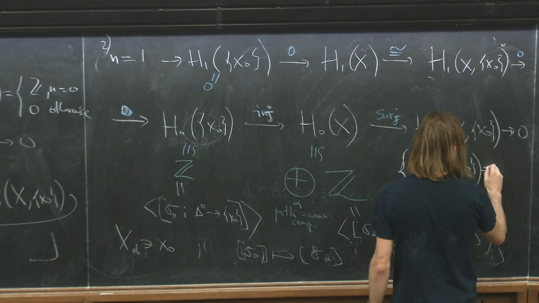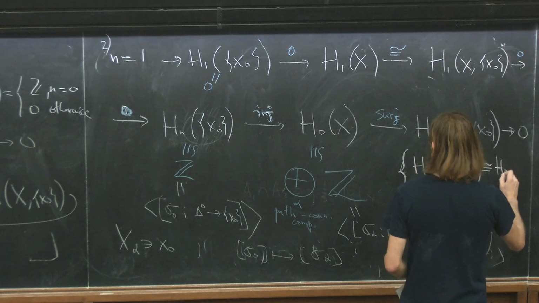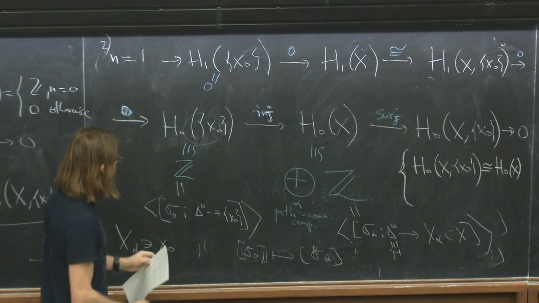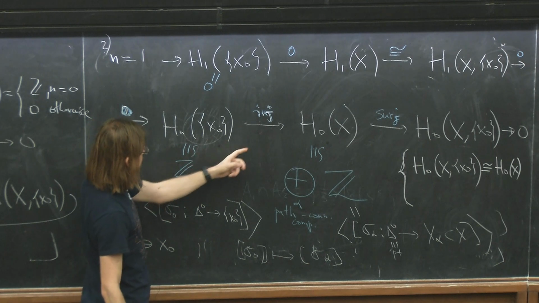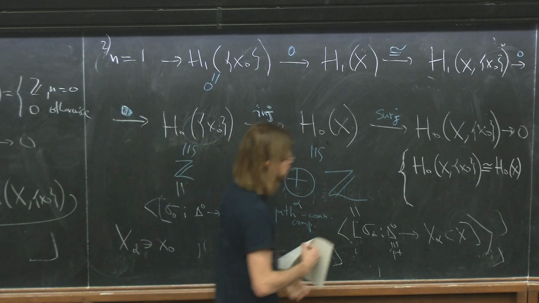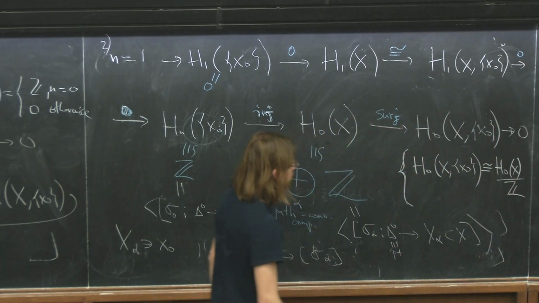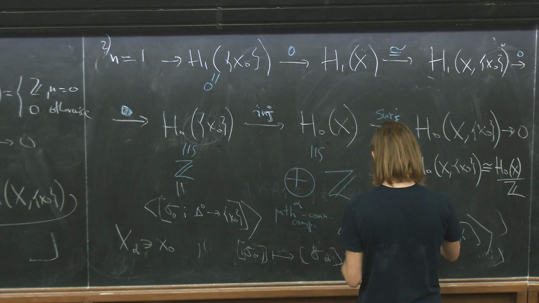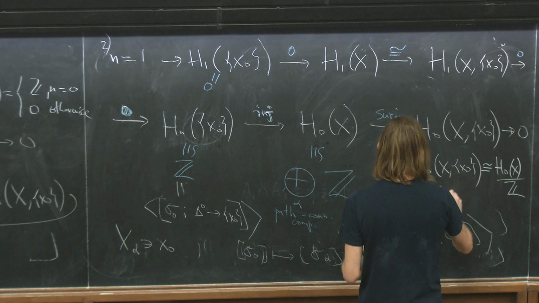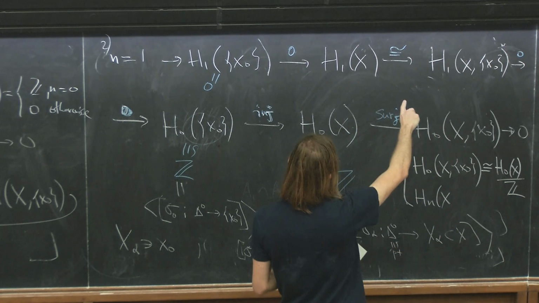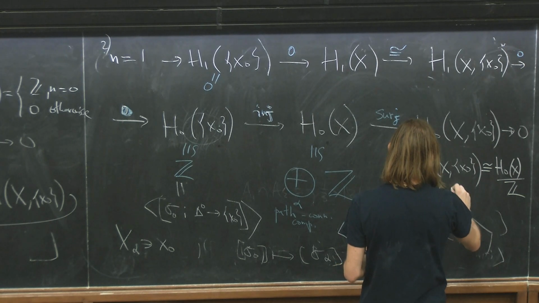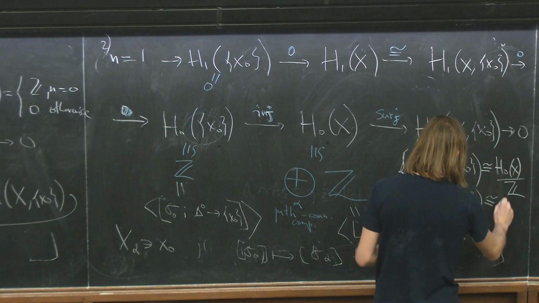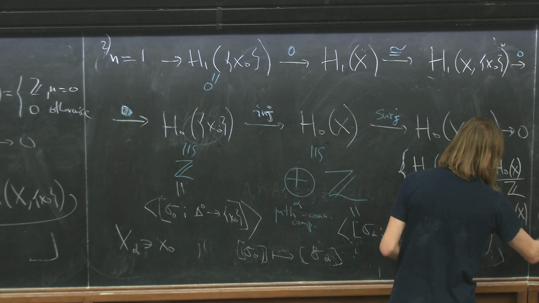is isomorphic to the quotient of this group by the image of this map, which is injective, and the image is isomorphic to Z. This Z is the subgroup corresponding to a particular path-connected component of X. And before, for all other n's, we showed that Hn, this relative homology group, is isomorphic to the non-relative one for n greater than